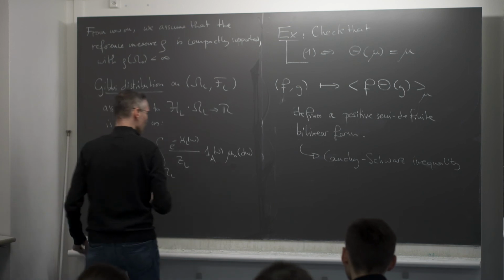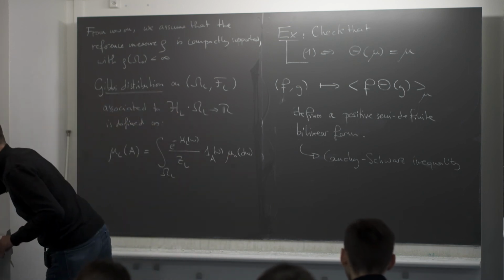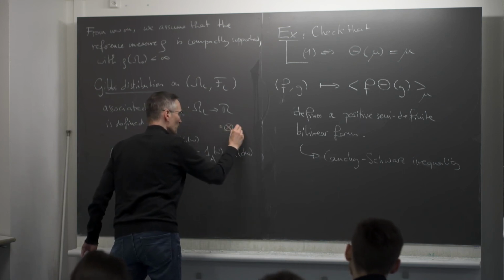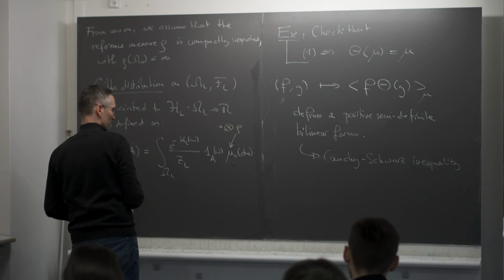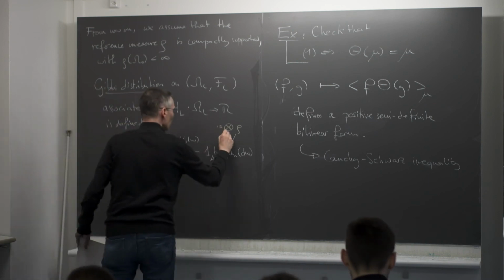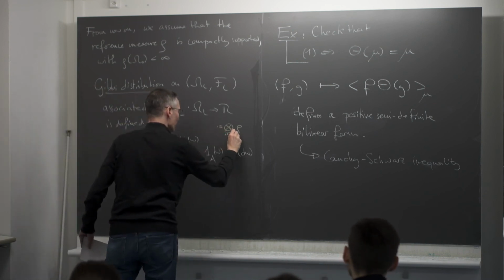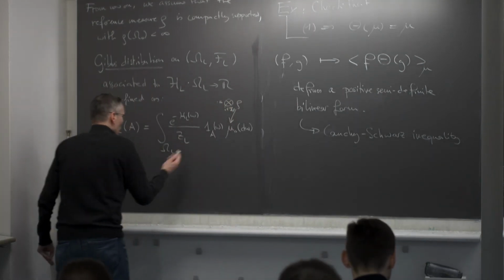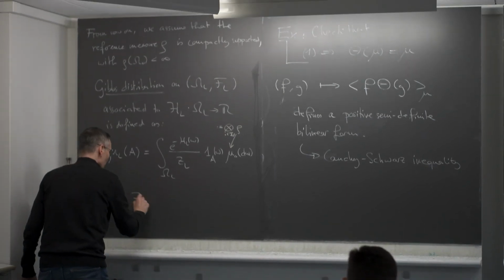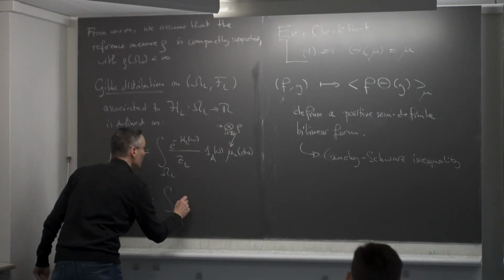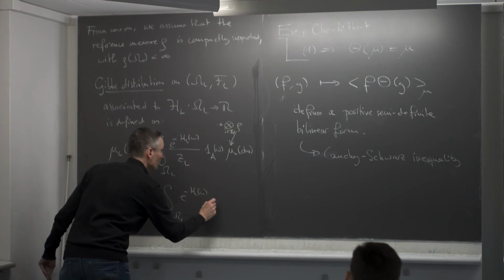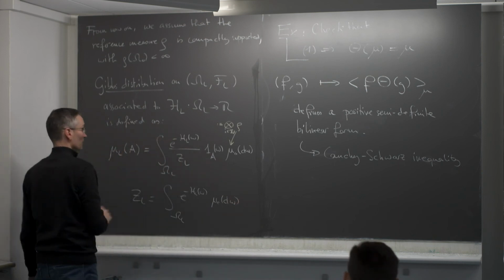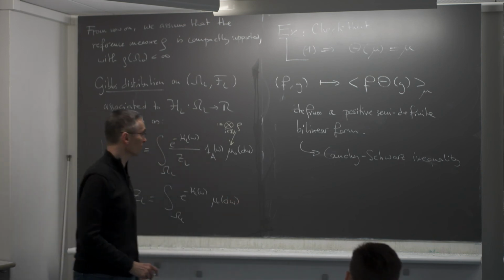Let me maybe write it once more. This mu 0 is defined to be equal to the product of the rho, same as before, product over i in the torus. And the partition function is what you need to have a probability measure. So Z_L is the integral over omega L of e to the minus H_L of omega, mu 0 d omega. So that's exactly the usual definition.